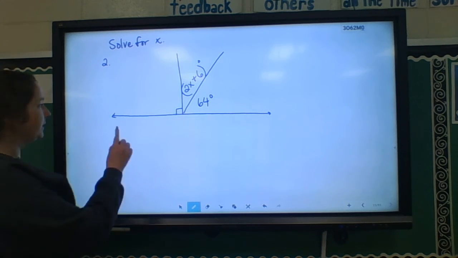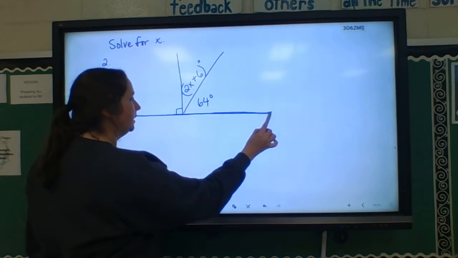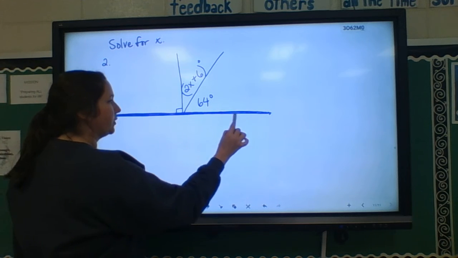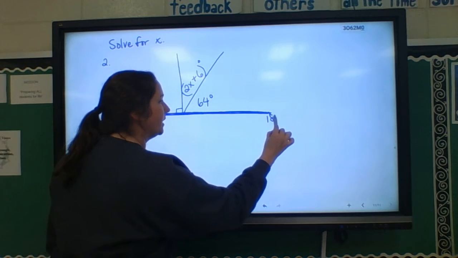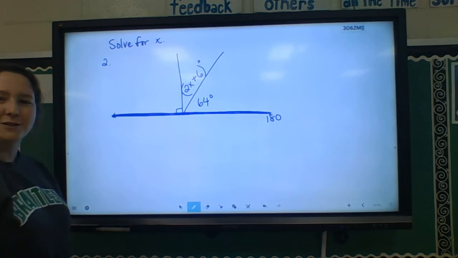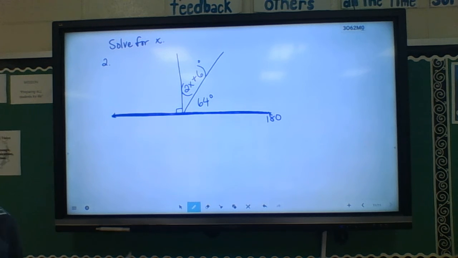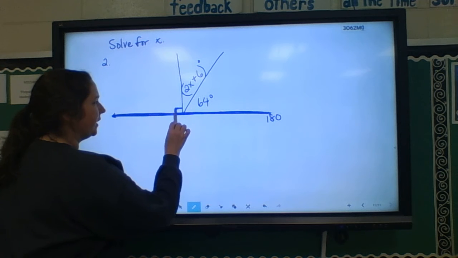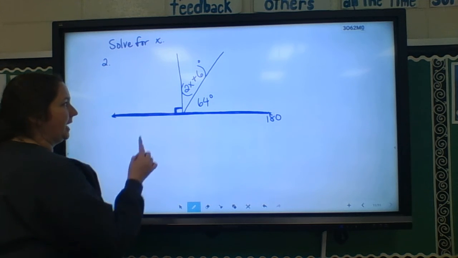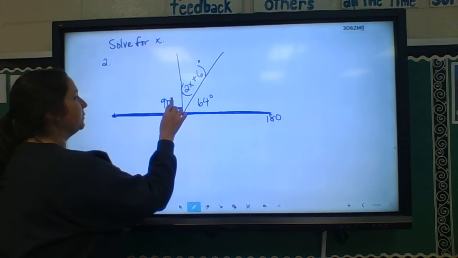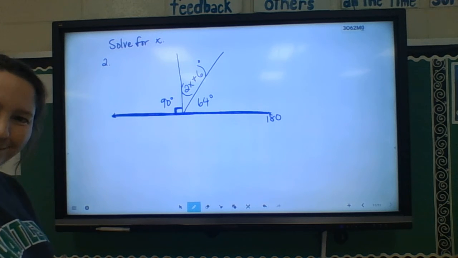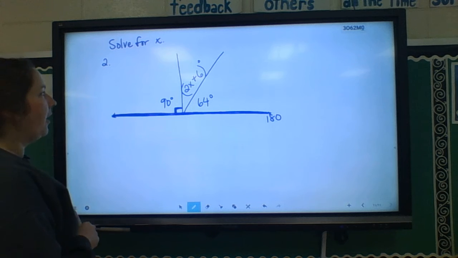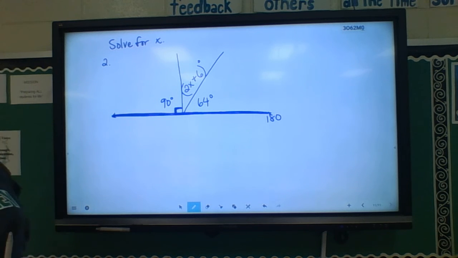All right, so what does this look like? A straight line. So how many degrees is in a straight line? 180. Oh, I'm so glad you knew that. What does this box mean? How many degrees does this box represent? 90. I'm so glad you knew that. Look at y'all, just smart little things. All right, so now what do